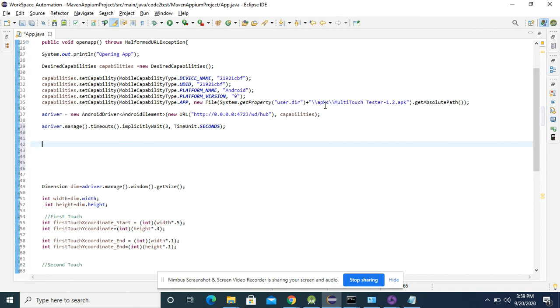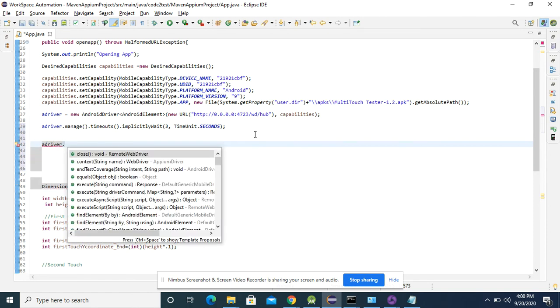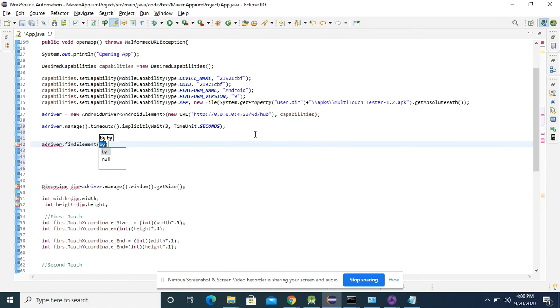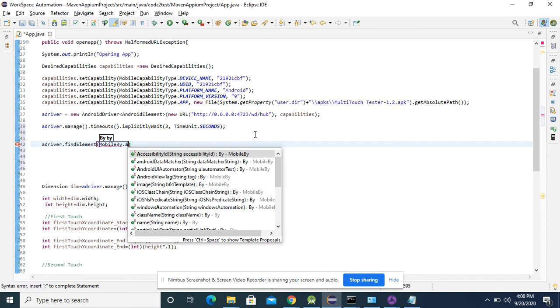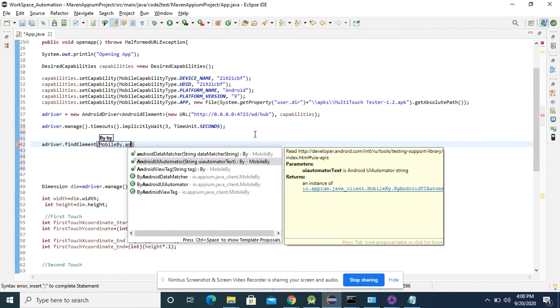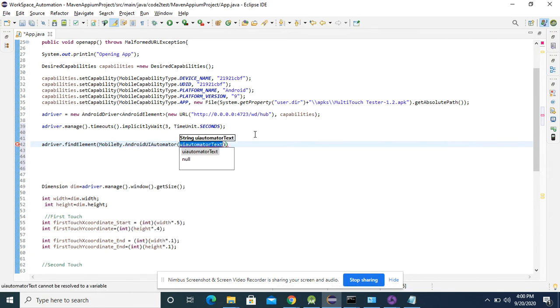It is quite easy. I have to call the driver class dot find element. I'm using the mobile class, MobileBy dot Android UI automator. Inside this one, I'll create an object of UI selector.